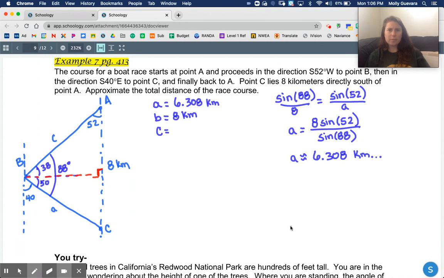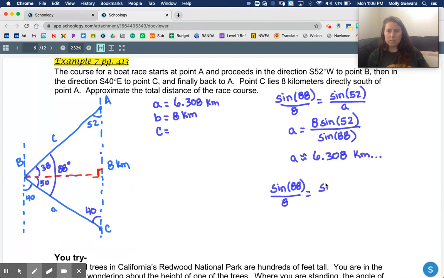kilometers. Okay, now I need to do C, but in order to do C, I need to know angle C. Well, I know that this is 52 and this is 88, and the three angles of a triangle add to 180. So that just tells us that this is 40. So now I can use law of sines. So I'm going to do my sine of 88 over 8